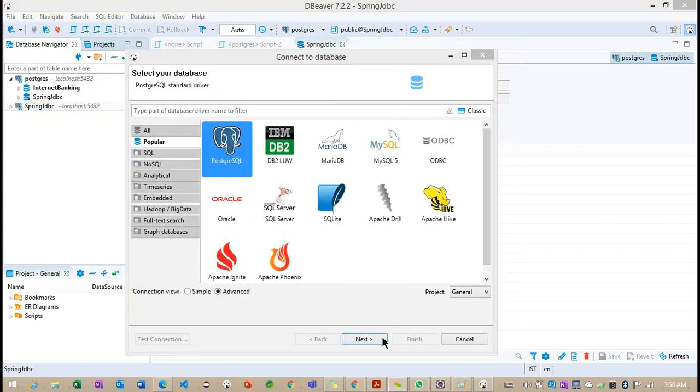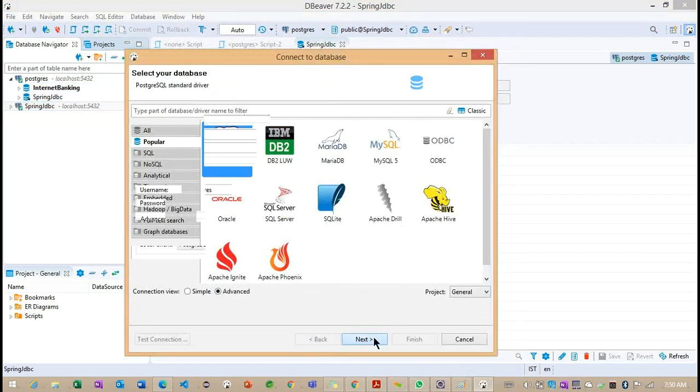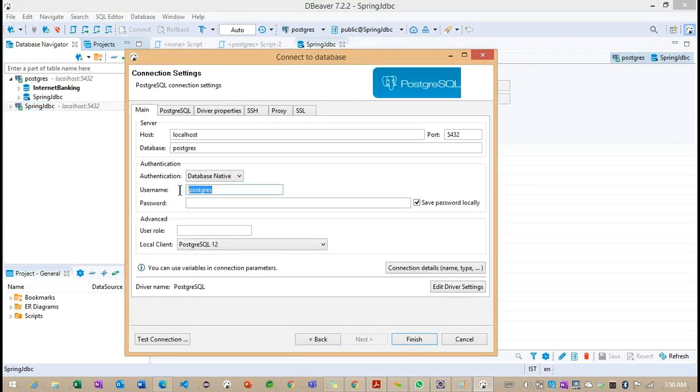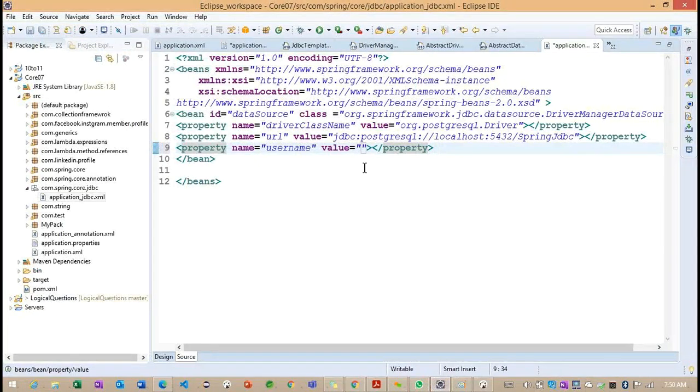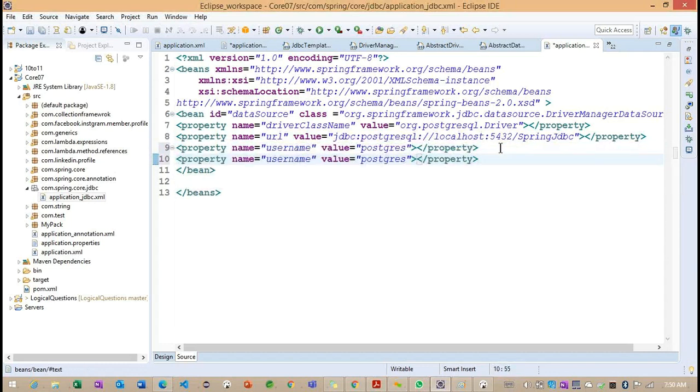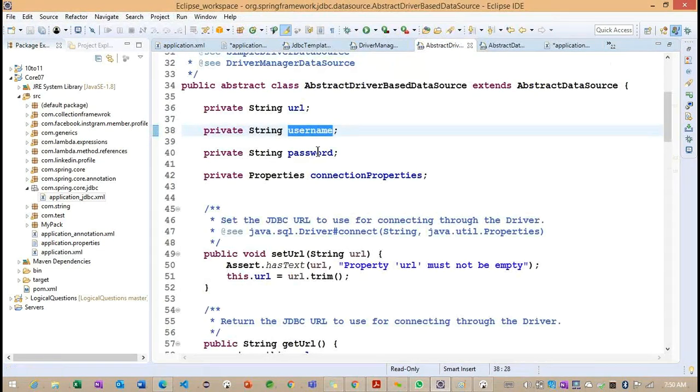I click on next. This is the default username, and we are going to work with the same username. I did not change any username. If you want to change the username and password you can, but I don't want to change the username. I want to keep it as it is. Okay. And the last property we have is password.